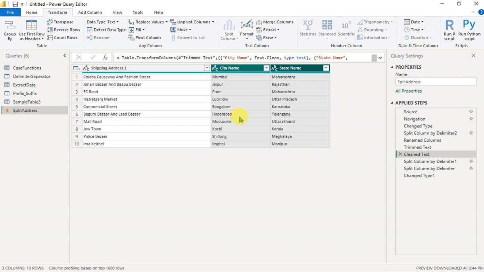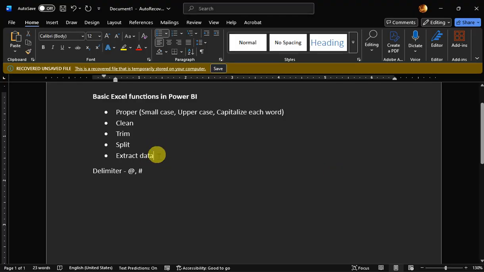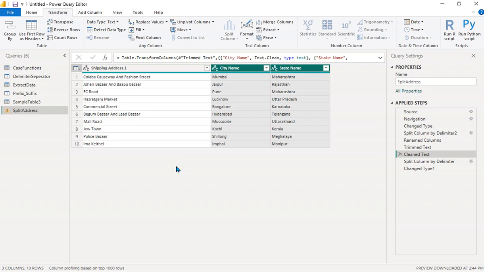See, in this way I have extracted the data using the split function, and with that I am able to take out the city name and state name. So this is one of the ways to extract information from particular data. Next we will learn how we can extract the data with the help of delimiters and other techniques. So for example,